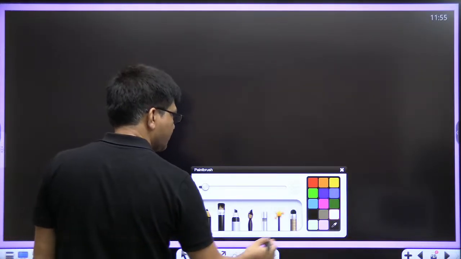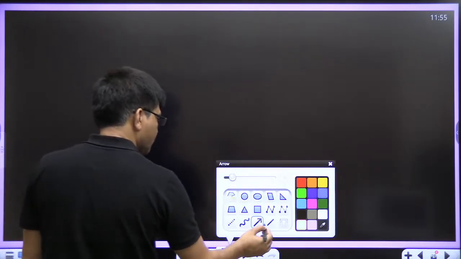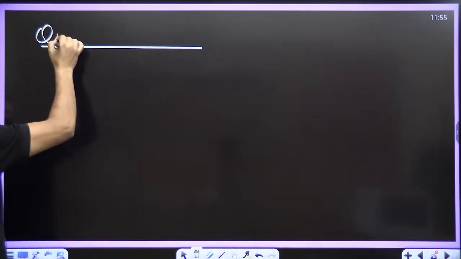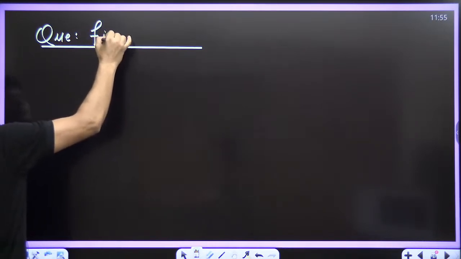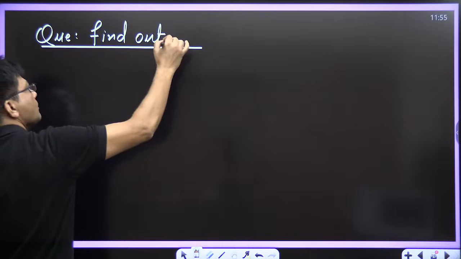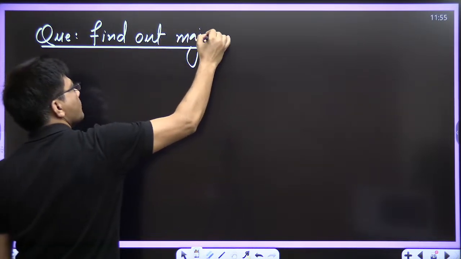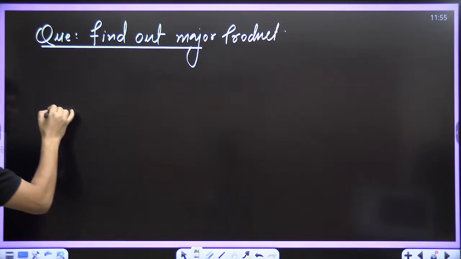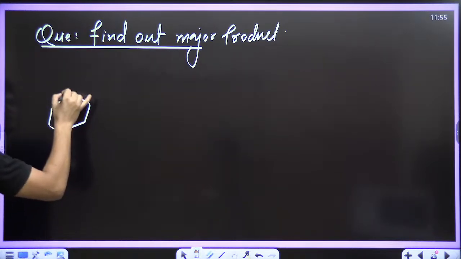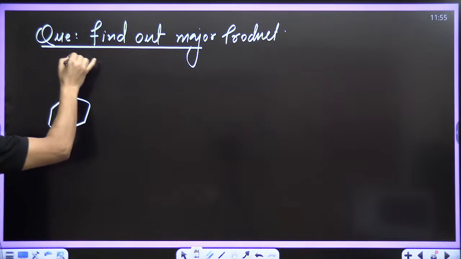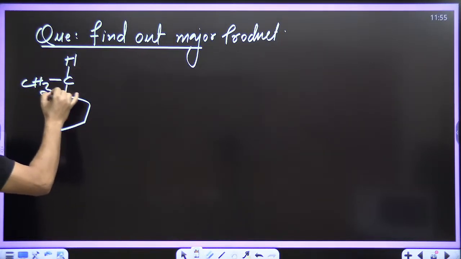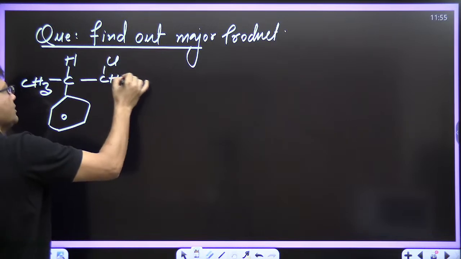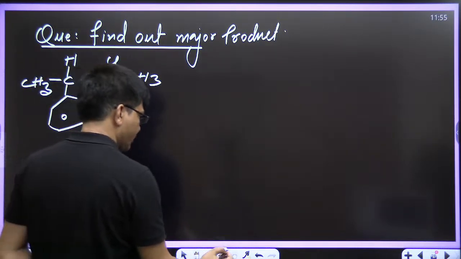Simple question. The first question is a simple one. Find out the major product. The reaction is given like this. This is C6H5, CH, CH3, CH2, or CH, Cl, CH3, and this has been treated with